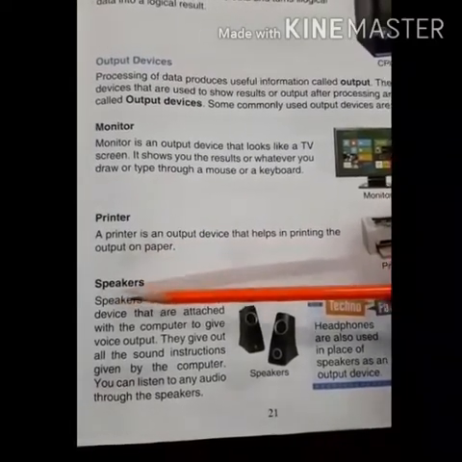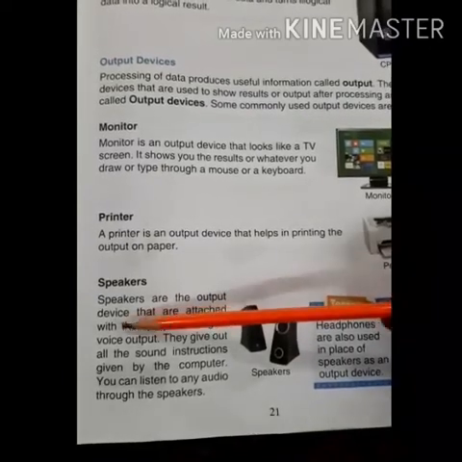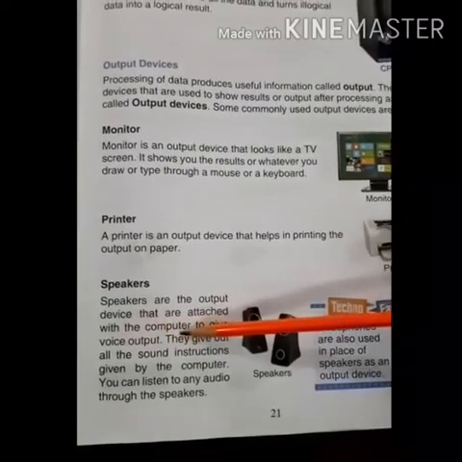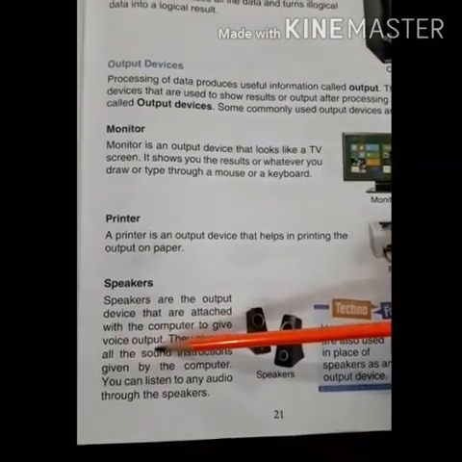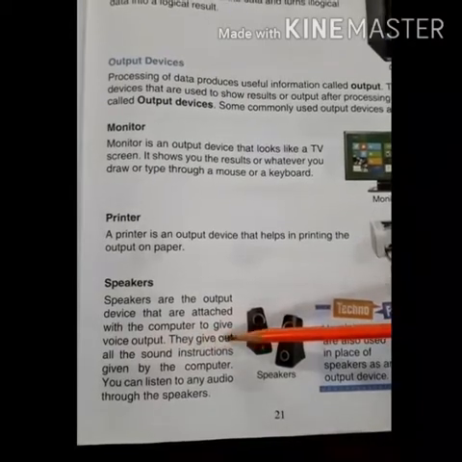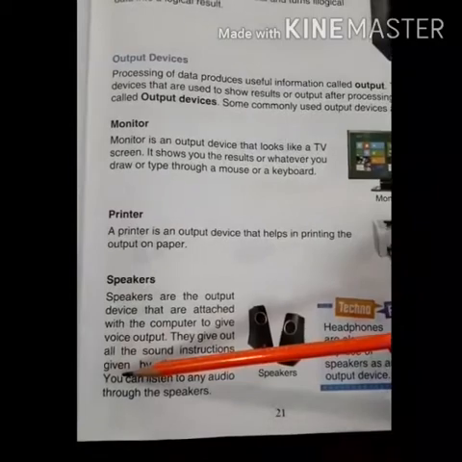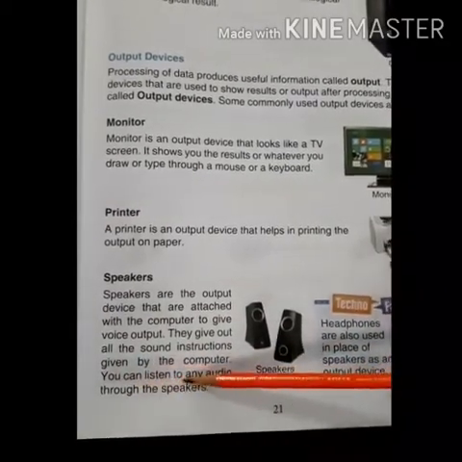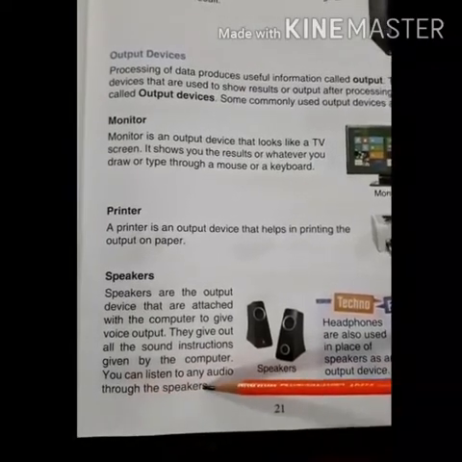Third one is speaker. Speakers are output devices that are attached to the computer to give voice output. They give out all the sound instructions given by the computer. You can listen to any audio through the speakers.